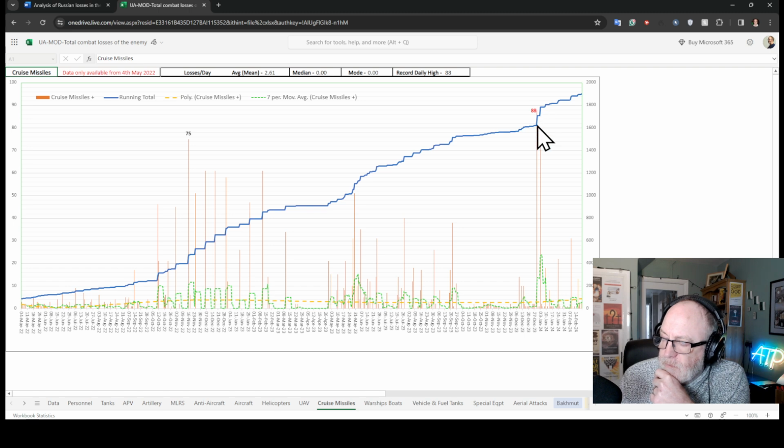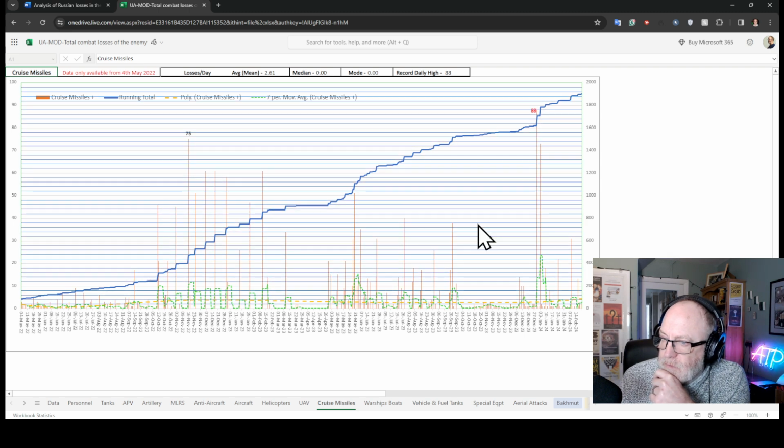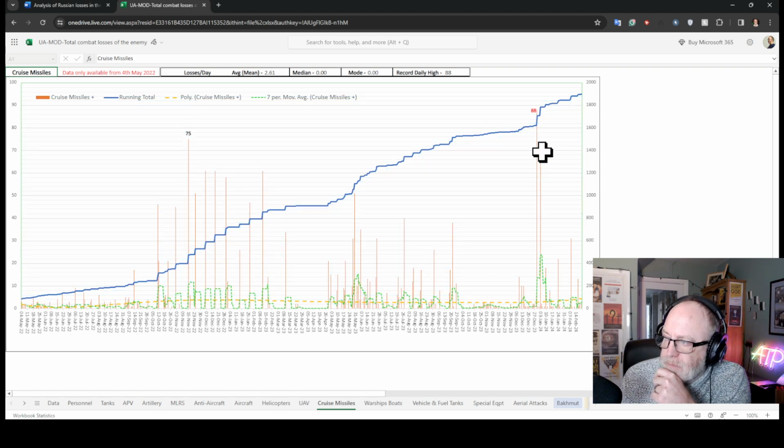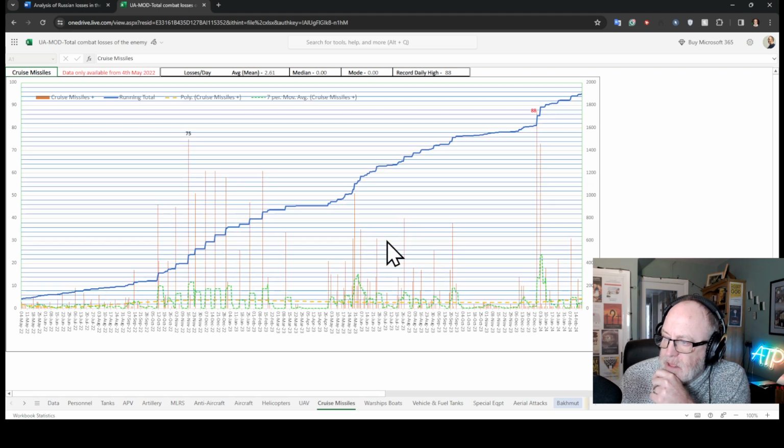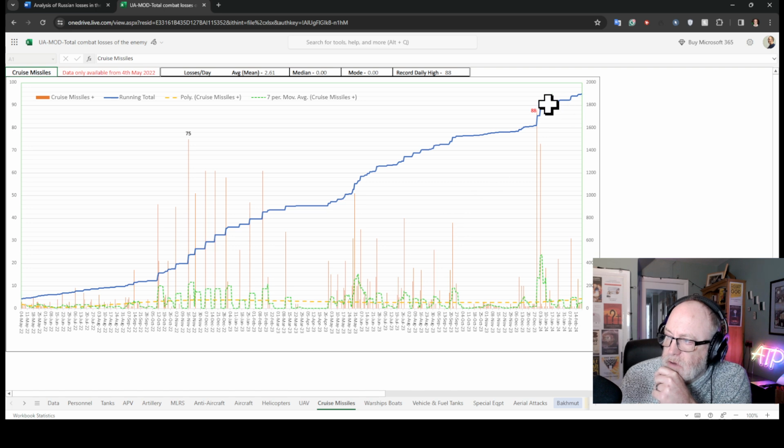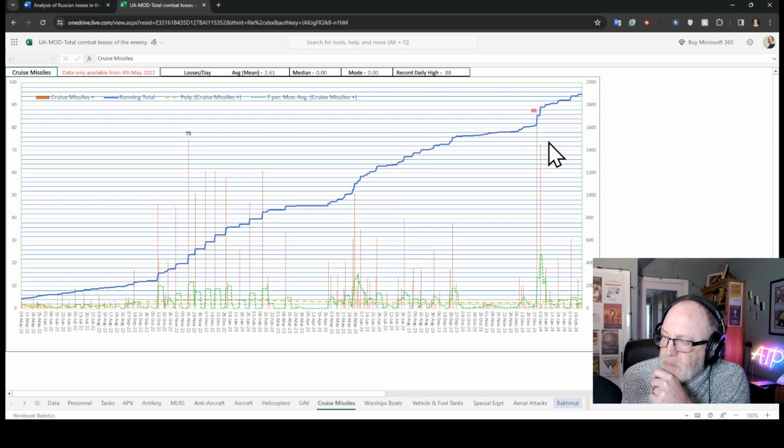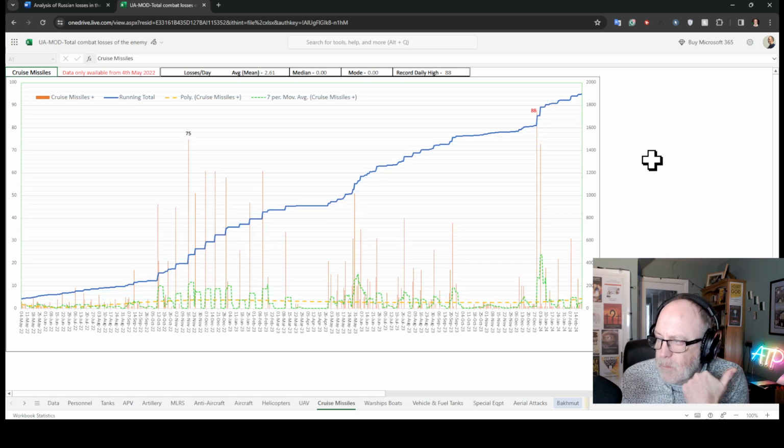If you imagine taking 40 off that 88 and putting the 40 here, taking 40 off this one and putting the 40 there, then that gives you a consistent 40 across this time period. The only reason you had those two very high numbers is that they were stockpiling them to use for some particular reason. They wanted to completely overwhelm the Ukrainians. But again, it just shows that they are using these at a pretty damned consistent rate.